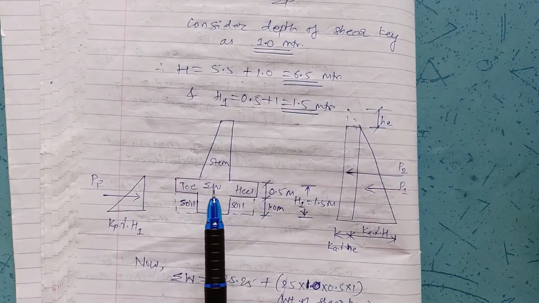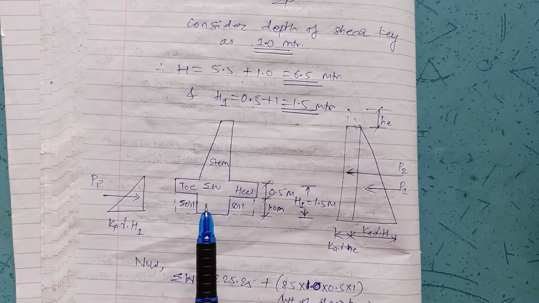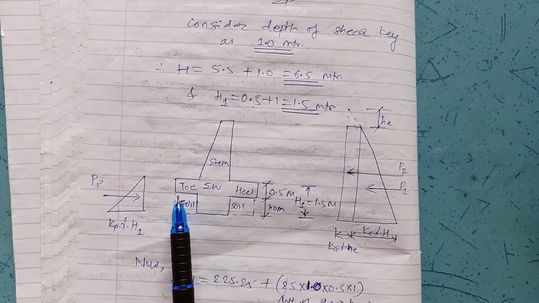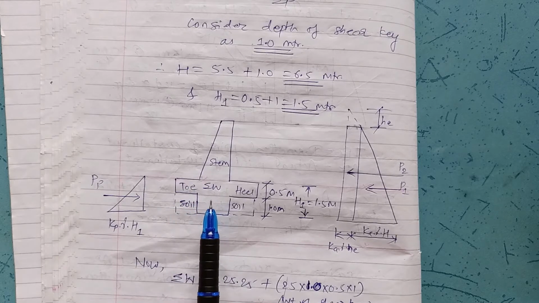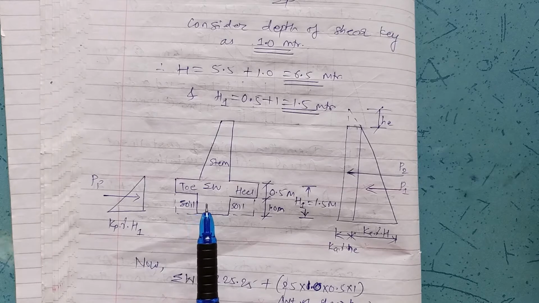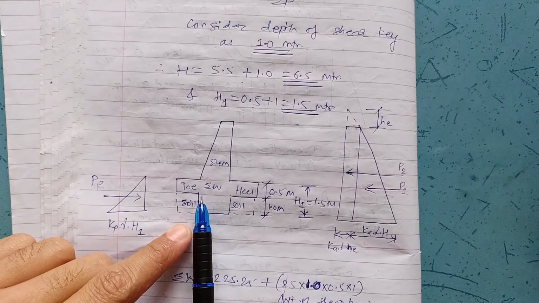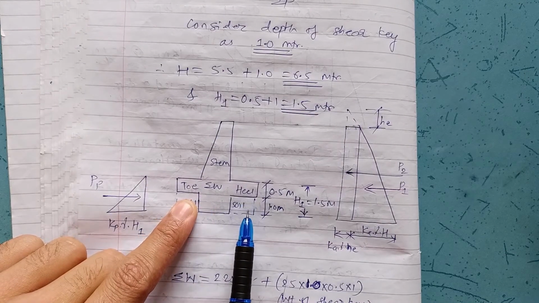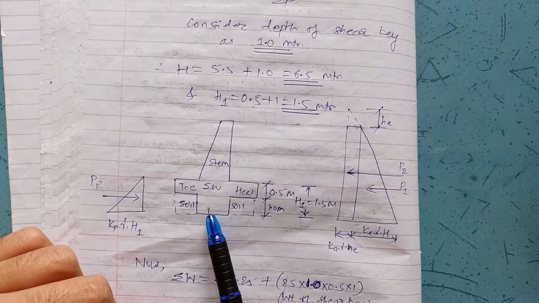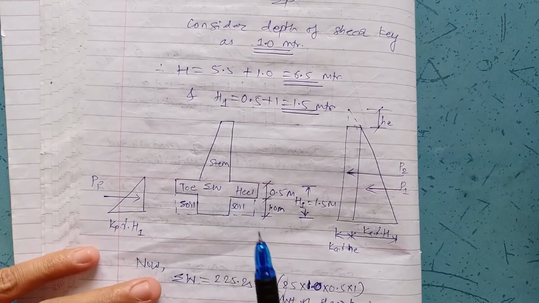Now we will prefer to provide this shear key beneath the stem. There is a reason behind why this shear key is not provided beneath the toe: if you provide this shear key beneath the toe, it will lead to overturning moment, hence our retaining wall will fail in overturning. So as to maintain the stabilizing moment, we are supposed to provide this shear key beneath the stem or beneath the heel.